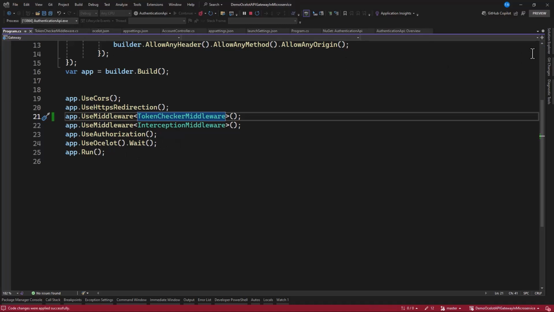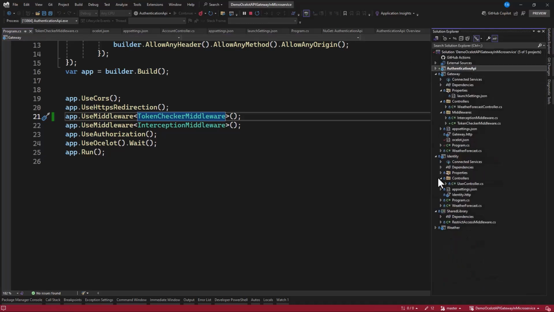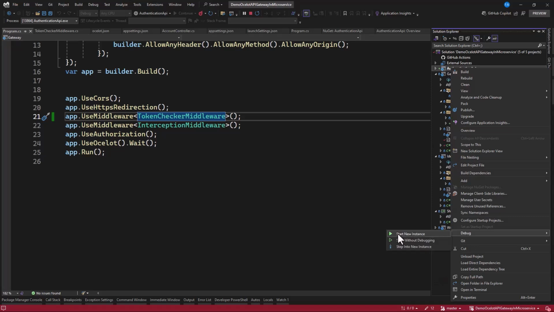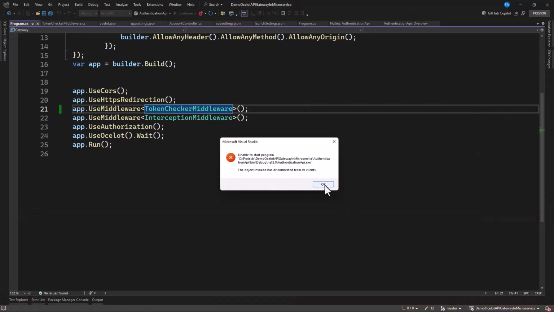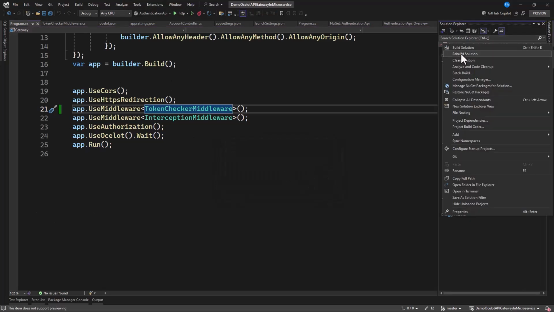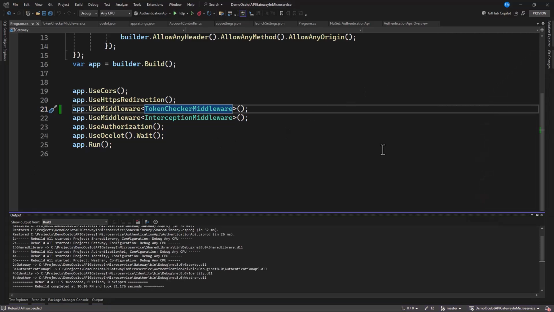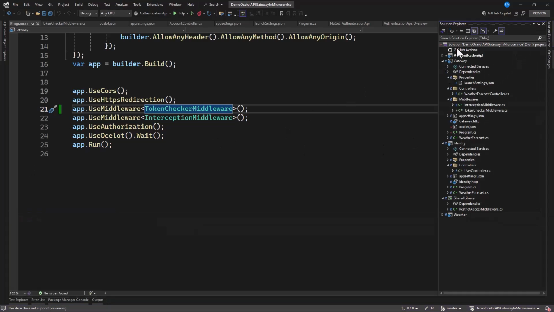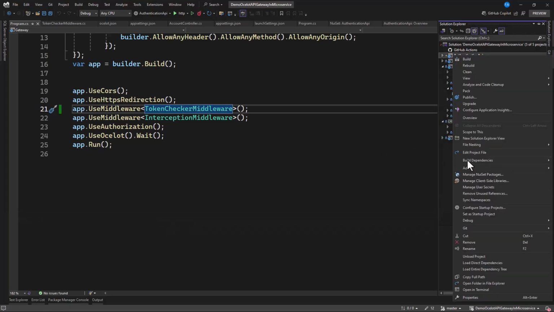Let's run the whole project and check it out. So this authentication, right click on debug, let's start this instance. Let's rebuild this project once more. That is built, so right click, go to authentication, and let's start this.